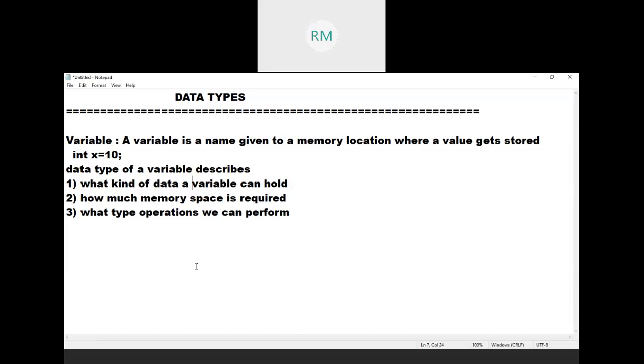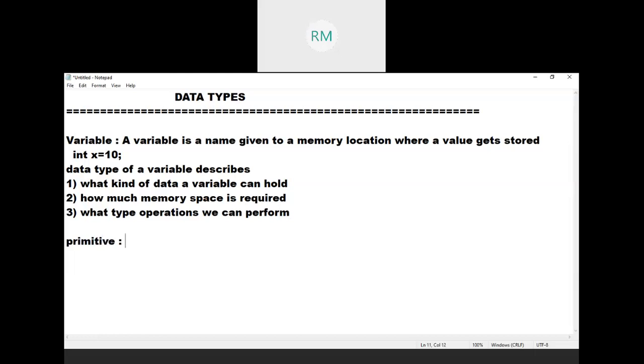Now, in C language, what are the different data types available? In C language, the data types are broadly categorized into three types. First one is primitive type. Primitive type means fundamental type.